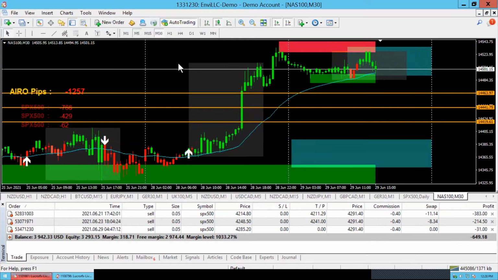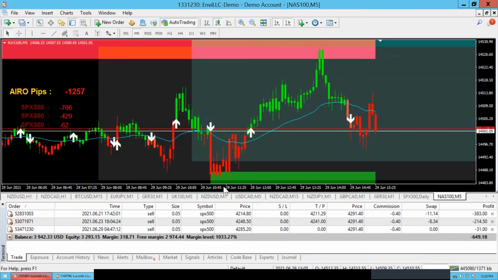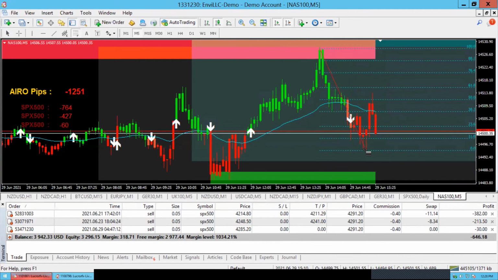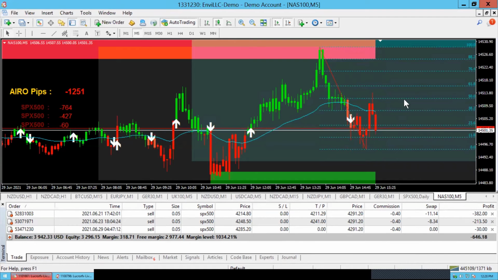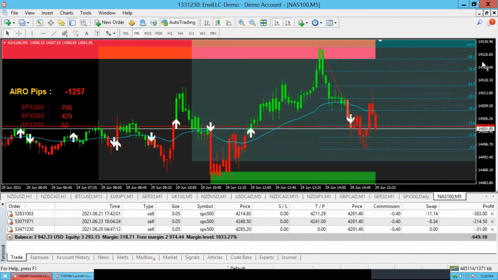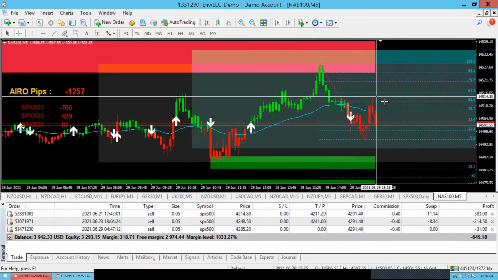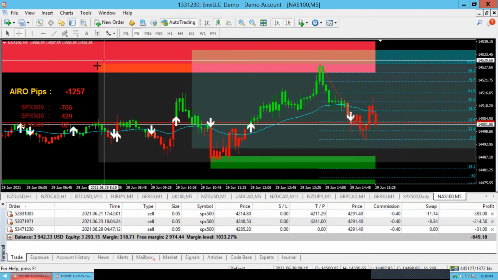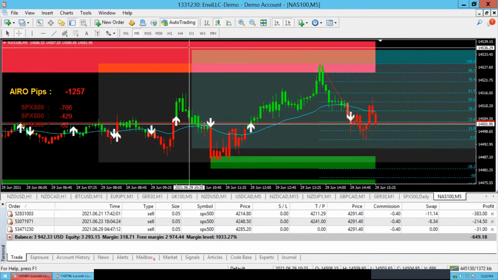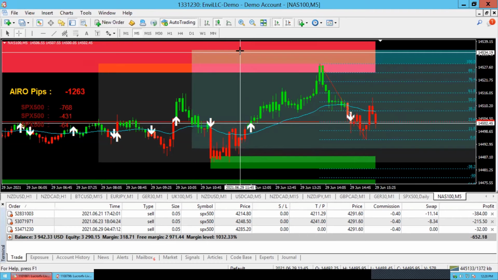Now we can go to our lower time frame. Here's a nice move up, hit the zone, came back down. Here's a retracement right in here. Pulled up to the 50 to 60%. We're below the blue line. Here's our first target, the 0 line is the first target, and the next line would be the 50 to 60 zone. Now we're still in the upper 25%, but this is a pretty good size range